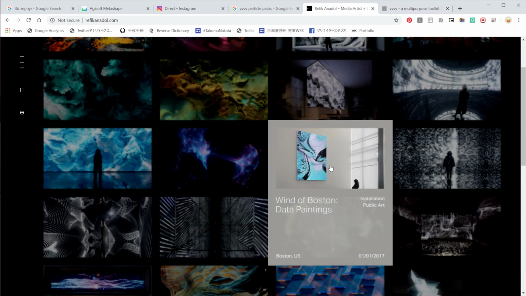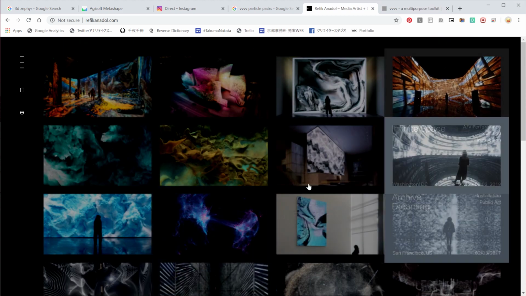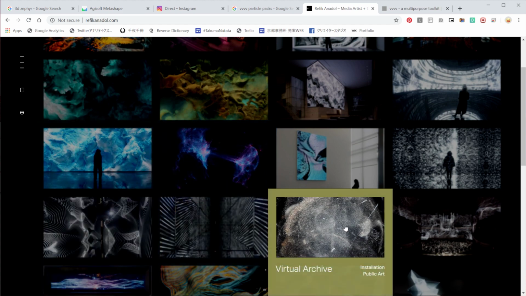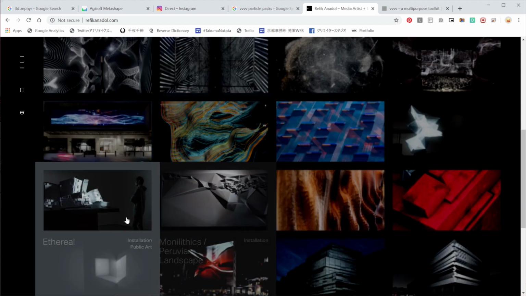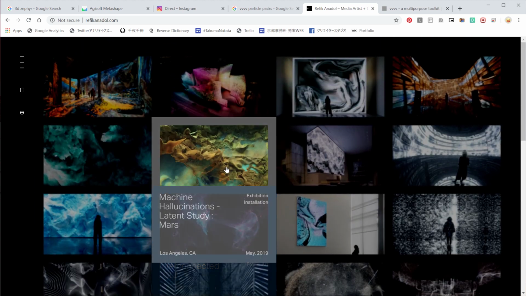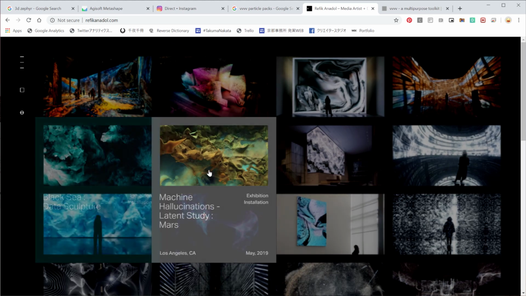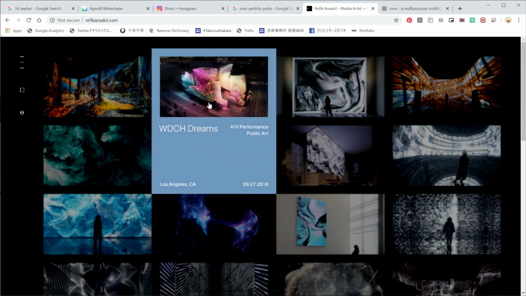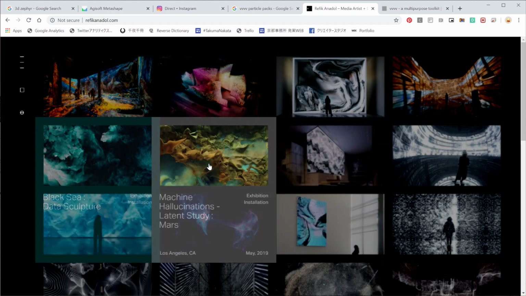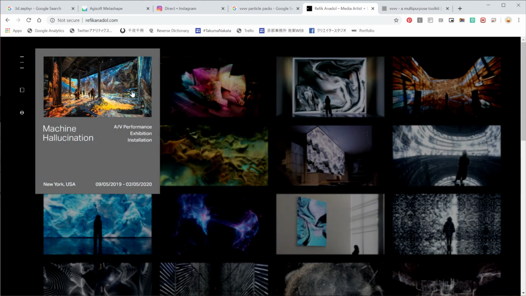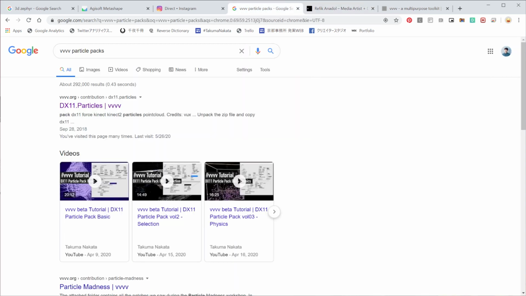His works are great, and I've seen the patch from this Wind of Boston, and I think he was using vvvv for his Neurowave project. I don't remember which one it was, but I saw he was posting some patches for it, so he probably was using, or is still using it. Most of the stuff you've seen here is quite possible using vvvv, so if you're interested in creating something like him, it might be interesting. Some of these things I definitely don't know how to create, but anyways, for today's tutorial we would need